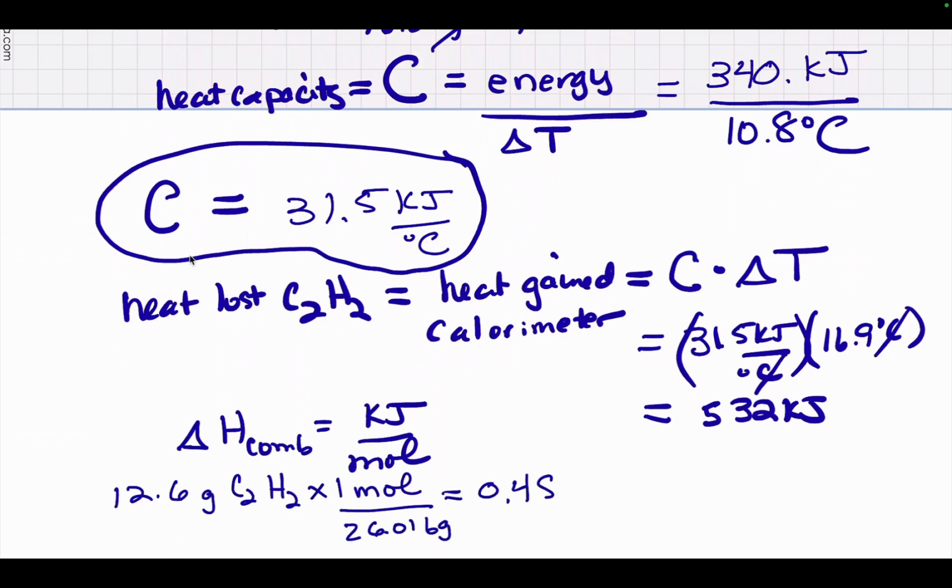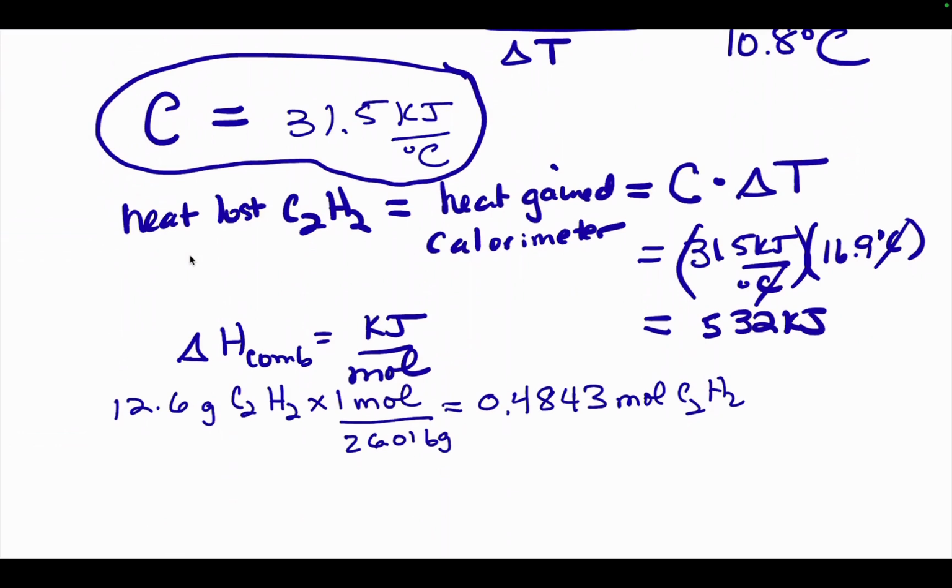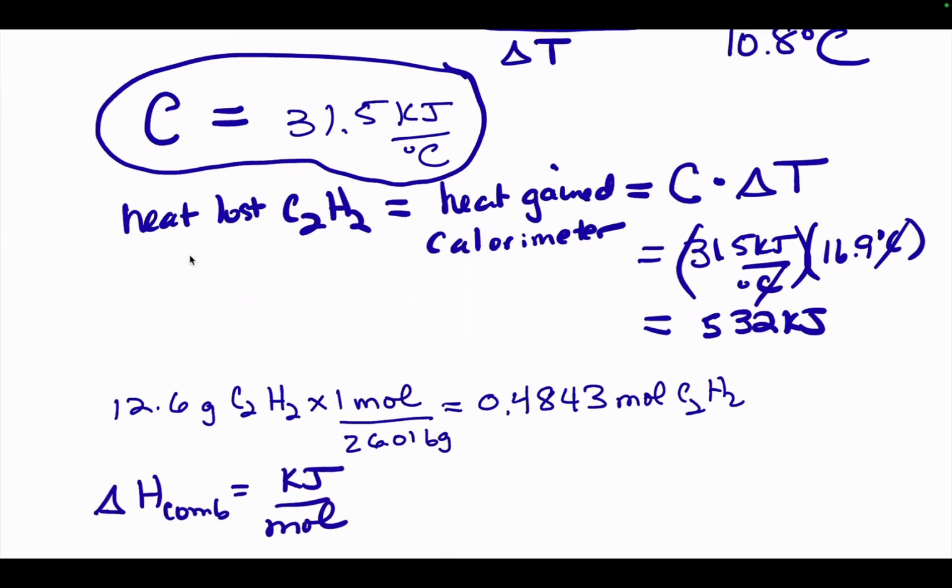So 0.4843 moles of C2H2. So my delta H of combustion, I'm going to grab this, try to bring it down, is going to equal 532 kilojoules per 0.4843 moles, which would give me